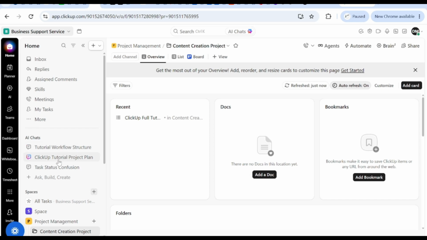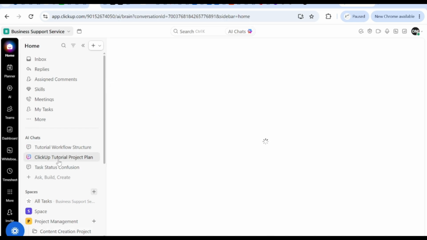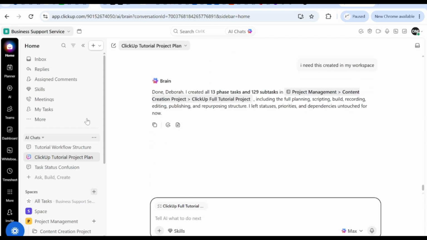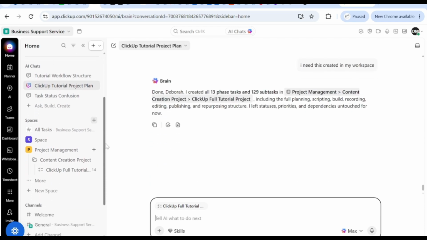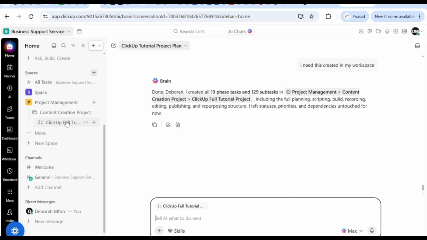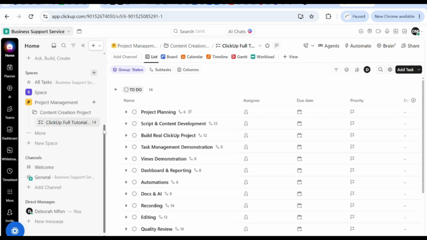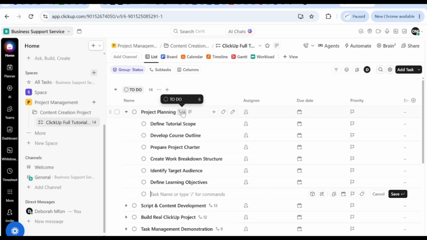And then we now have our lists. Sorry, AI is actually taking over, so let me just go directly here. So this is our list. Yeah, under our list we have our tasks. So we had the task, project planning. Under project planning we had six subtasks under it. So for project planning, for the ClickUp full tutorials,